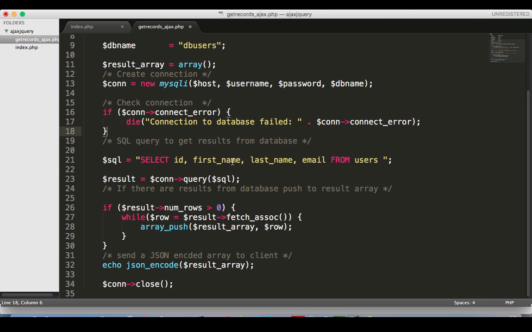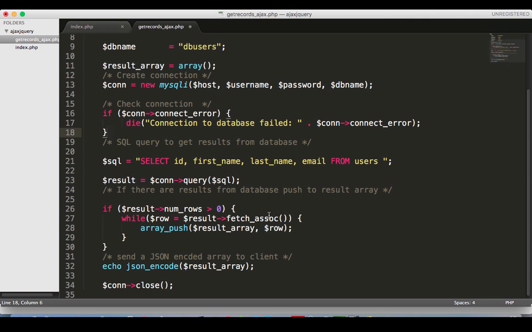we have defined a query inside the $sql variable: select id, first_name, last_name, and email from users. This query is passed to the $con query function, and this query method returns us a result set, and that we have saved in the $result variable. After the query is executed and a result set is returned,